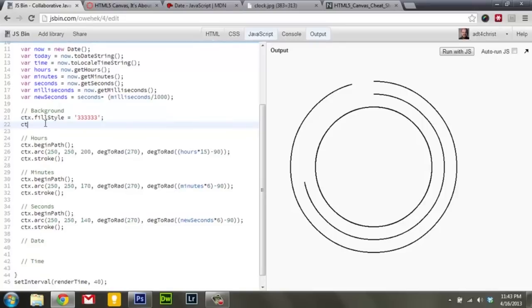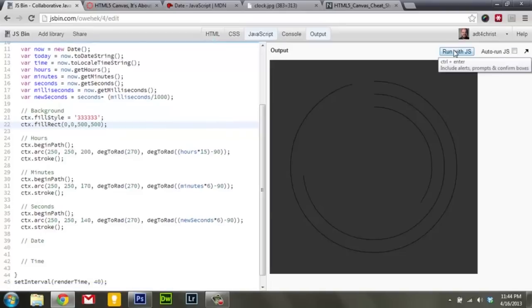And then let's actually create our block. And we do that with a method called fillRect, or fill rectangle. And in this, we're going to have 4 arguments. We're going to have the x and y coordinates of the top left-hand corner, which is our starting point. And then we're going to specify the coordinates of our bottom right-hand corner. And by defining those 2 coordinates, we'll define a rectangle and actually fill it. So if we say we want to cover the entire canvas, which is 500 pixels by 500 pixels, let's say that our first coordinates are 0, 0, which is top left, and then our bottom coordinates are 500 and 500. So that's going to cover our entire